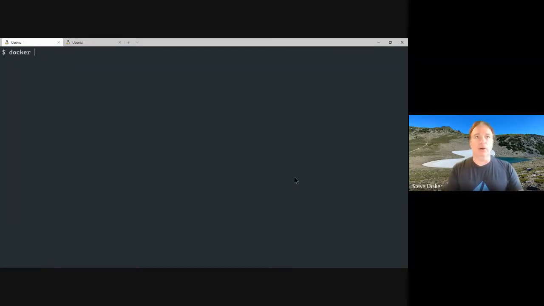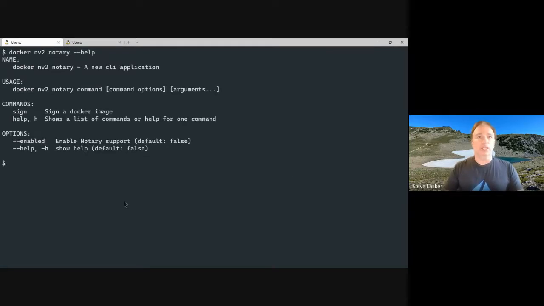If I say Docker NV2 Notary, you'll see a framing of a couple of commands that we use. Instead of having to type Docker NV2 every time, I'm just going to alias this. So now I can say Docker Notary and it'll be fine. And the other thing I'm going to do is not have to type the long registry name. This is the image name that I'm going to be signing and pushing and pulling. So it's just the registry name, the image, and a tag.